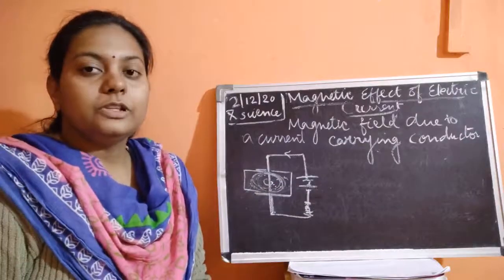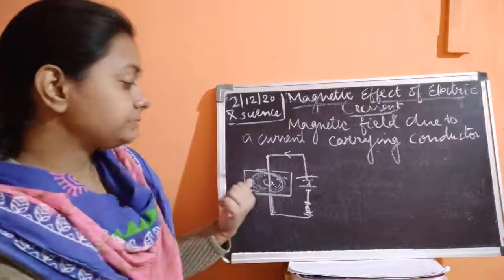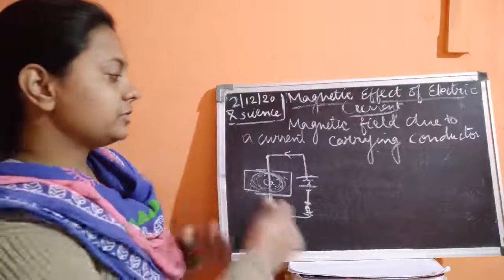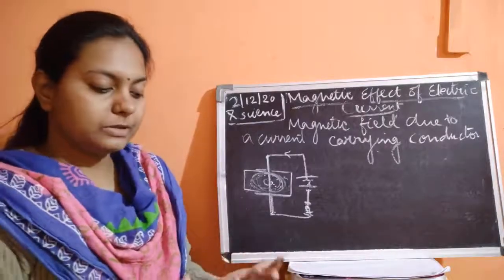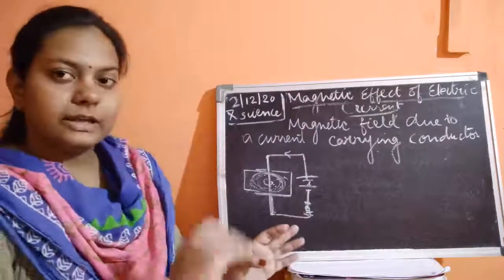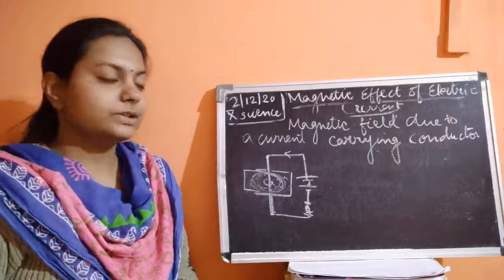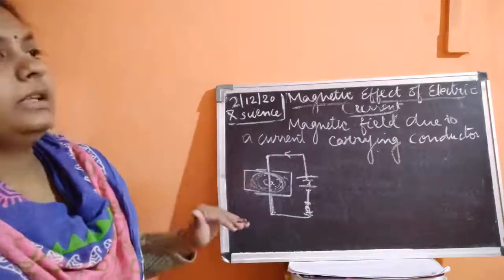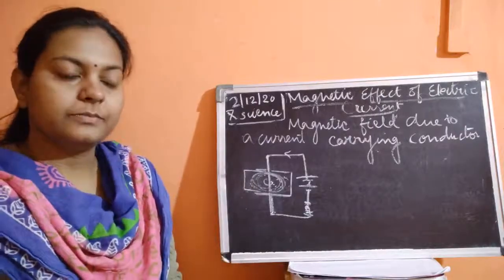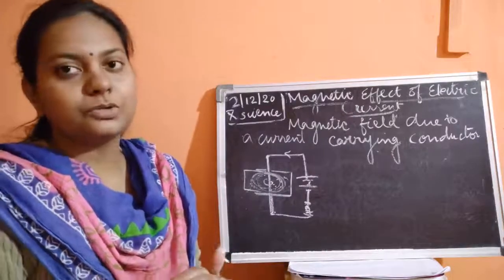Now when we turn it off, what happens? All these lines get disturbed. They get distributed and leave their circular path a little. And again when we switch it on, they come back to their position in the concentric rings. So this again shows that whenever current is flowing in the straight current carrying conductor, magnetism is being generated, and that magnetism is due to the flow of the electric current.